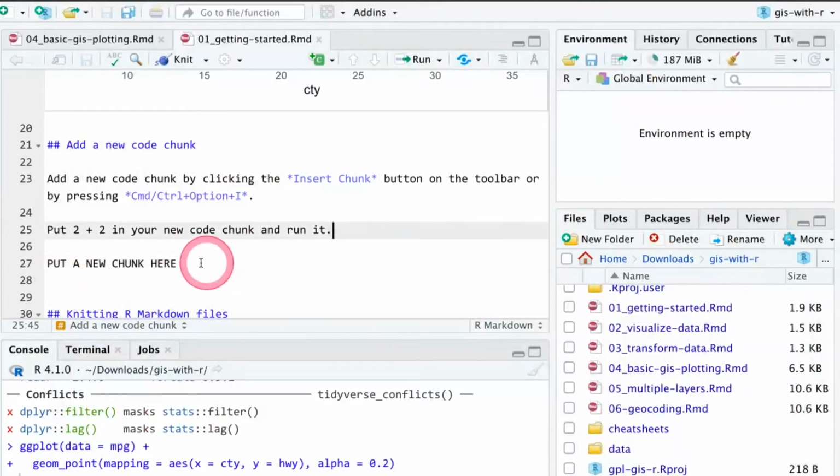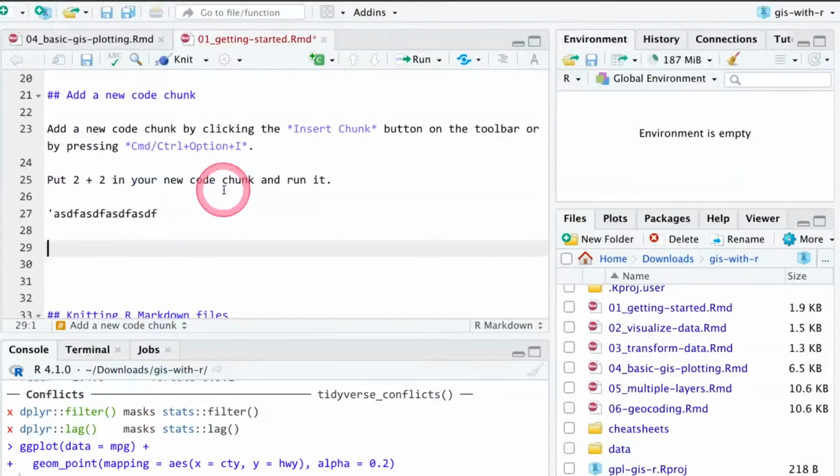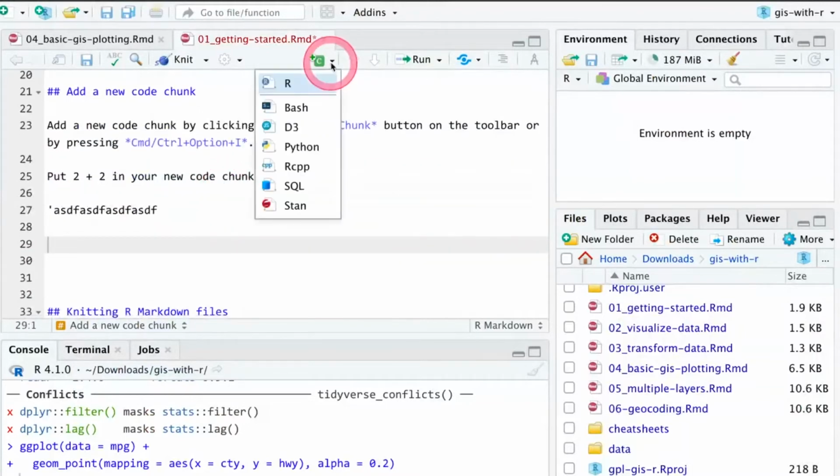Okay, so to do that, I'll delete the text. Again, none of this text here is R code. That's just text. I can write whatever I want here. So to insert a chunk, if you click on this little green button, you can have it